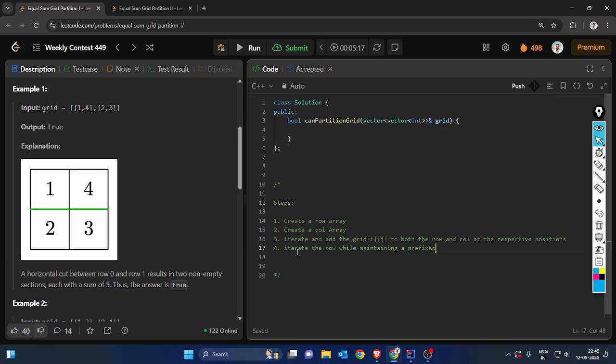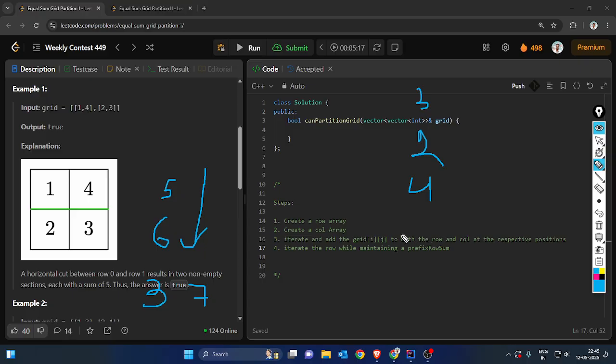prefix row sum, but just the prefix row sum is not going to help me. Why? Because if I have something like this, and I have the row as 5 and 6 and the column as 3 and 7. Now suppose I am extending to a better example, something like 3, 2, 4, and again 2, 6. Now if I want to maintain a row sum, that will give me 3, 5,